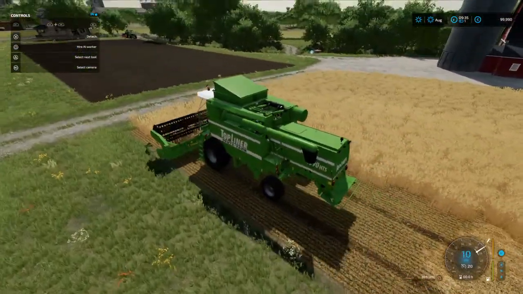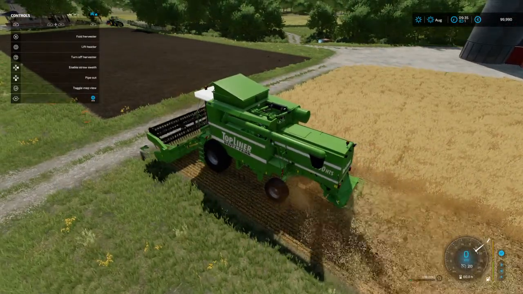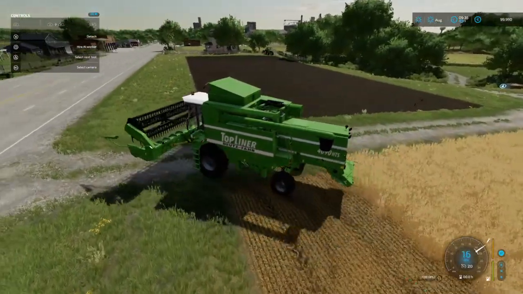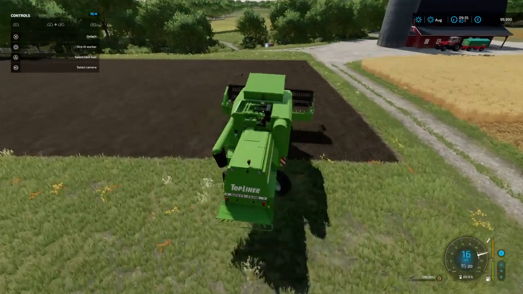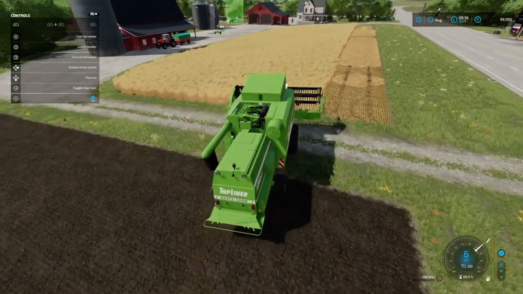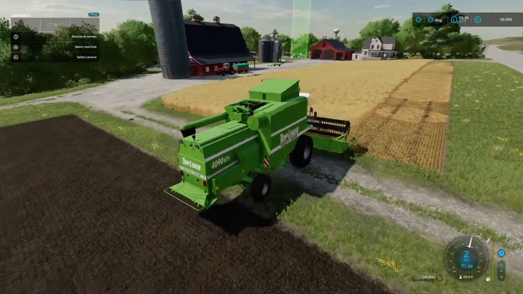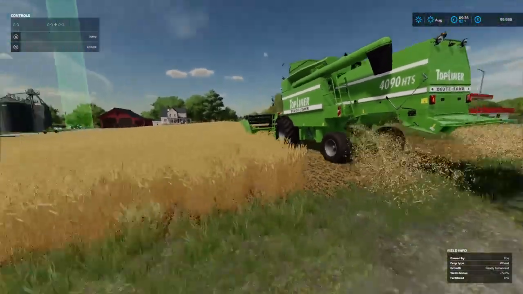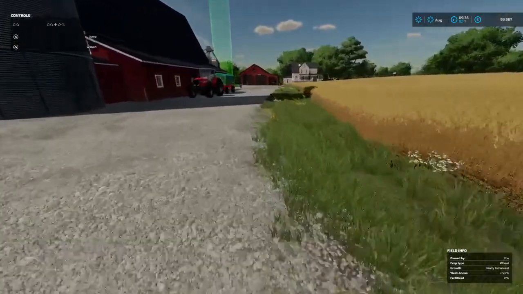Okay, like that. And when you come to the end here, basically press L1 and circle, and it will lift the front part up for you. The front part is called the header. And you can go around yourself here, and you can harvest the field by yourself. Okay, now what I'm going to do for the sake of this video is I'm going to leave him off there, because I want to do something else. So leave him off and leave him do his work, and he will go do the field there. Okay, so